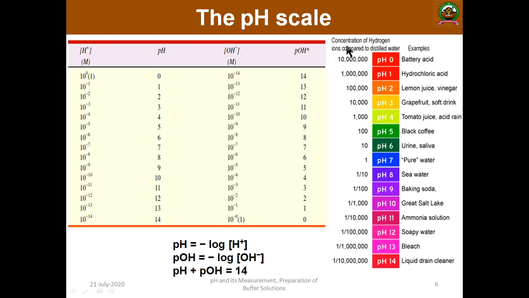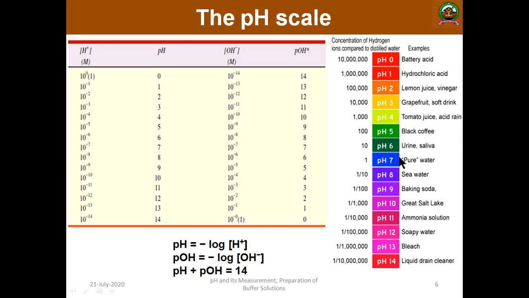For example, you can see the concentration of hydrogen ion compared to distilled water, because I told you the standard is water. So pH 0 is battery acid, pH 1 hydrochloric acid, a strong acid, lemon juice or vinegar is 2, grape juice 3, tomato juice 4, coffee 5, urine 6,